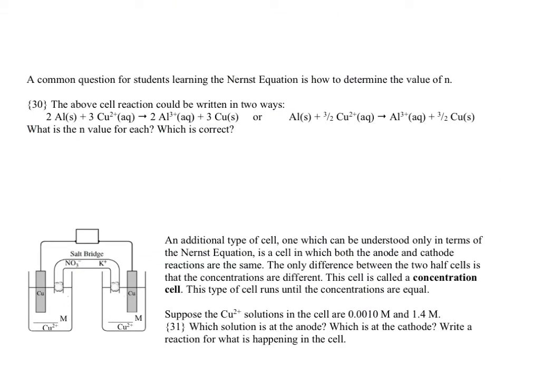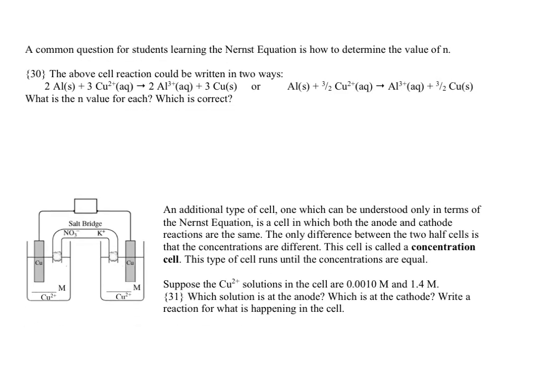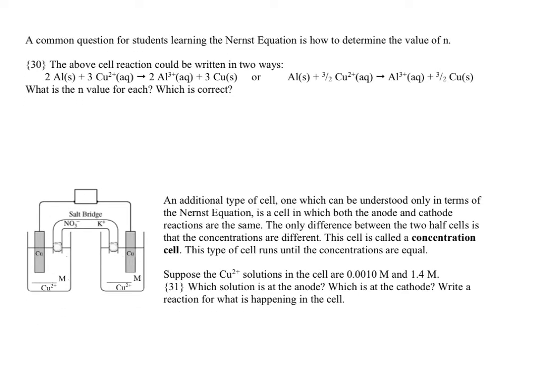So, as it says at the top here, one of the most common questions, and I alluded to this before, is students can sometimes have a little bit of trouble figuring out the value of n. So let's talk about how much the value of n really doesn't change doing the calculation. Of course, you have to have the correct version of n, but I'm going to show you here, you can actually do the calculation so long as the redox reaction is balanced, you can pretty much do it with any